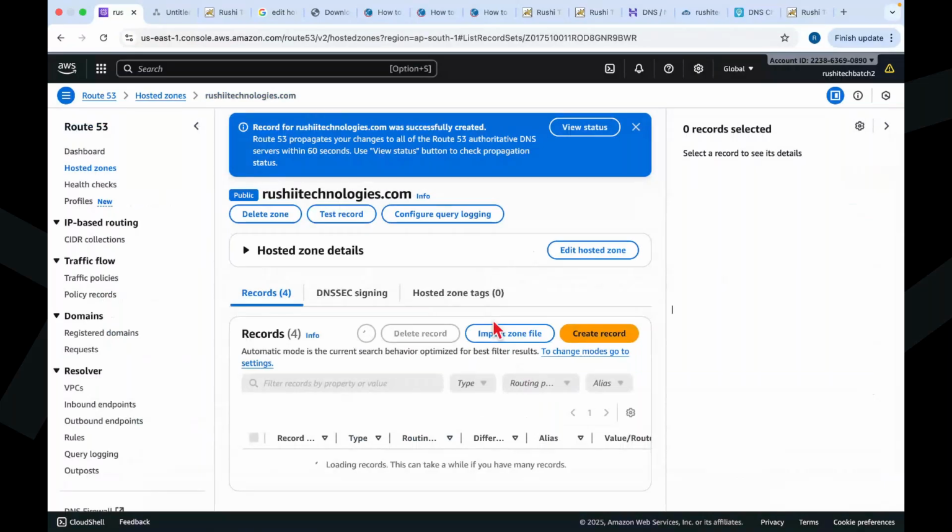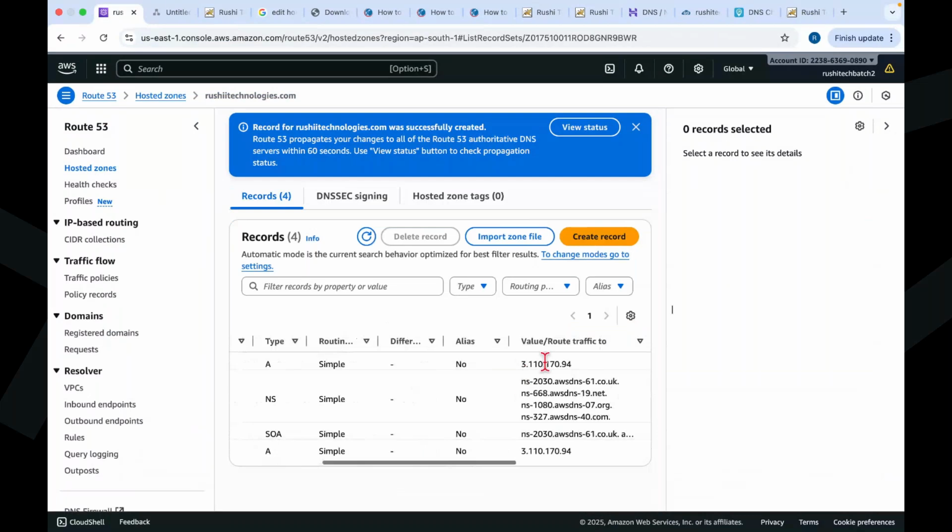Now in Hostinger you have a domain, but you told Hostinger that any request that comes to that domain, you are telling it to forward that request to these name servers. This is where I have created the records also. This is another way. Now it will take some time to reflect. If you directly access now,